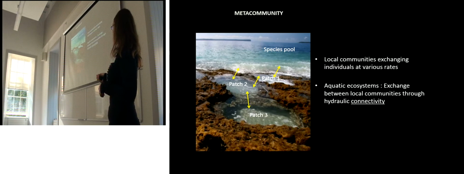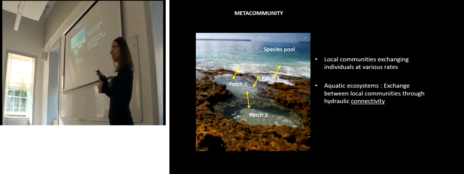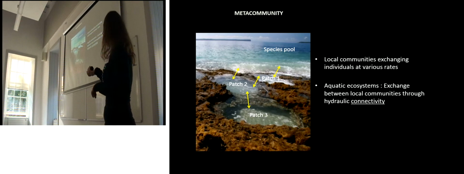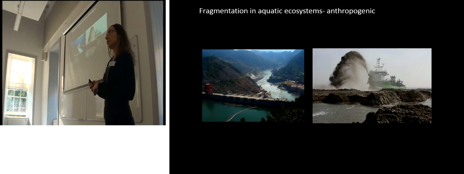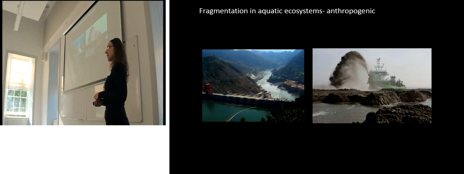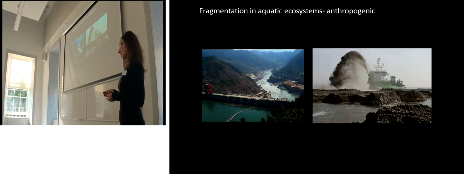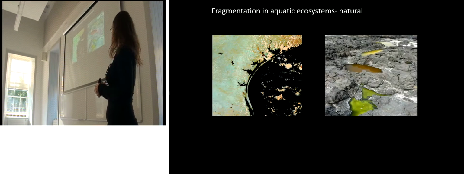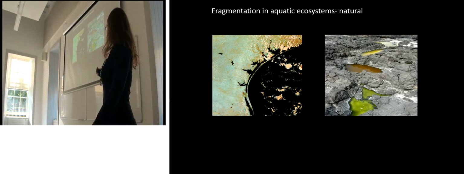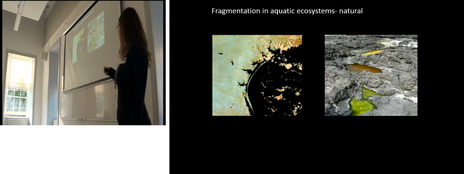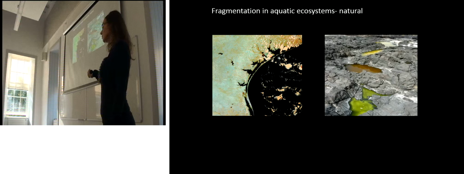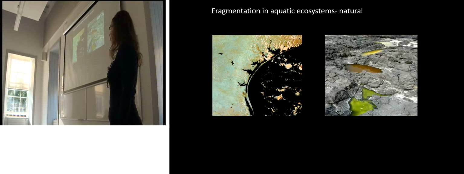these local patches have to be hydraulically connected in order for the aquatic organisms to be able to move between them. So, when we consider fragmentation in aquatic systems, it can be anthropogenic, man-made structures such as dams in rivers or dredging activities that affect connectivity, but it can also be natural, for example in coastal systems, different lagoons or rock pools. And in this system we can have nutrient loading due to terrestrial runoffs or due to wave activity, and